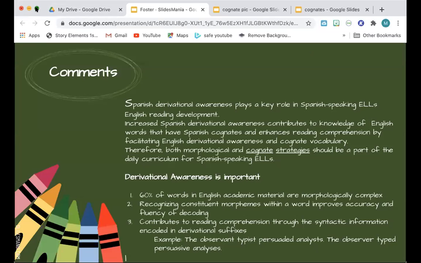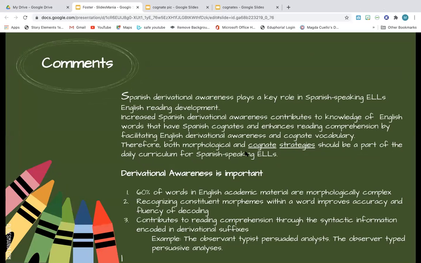Okay. And why is derivational awareness important? Well, 60% of the words in English academic material are morphologically complex. Recognizing constituent morphemes within a word improves accuracy and fluency of decoding. And the third reason, it contributes to reading comprehension through the syntactic information encoded in derivational suffixes. For example, knowing what the different suffixes and affixes and prefixes mean will help you with,